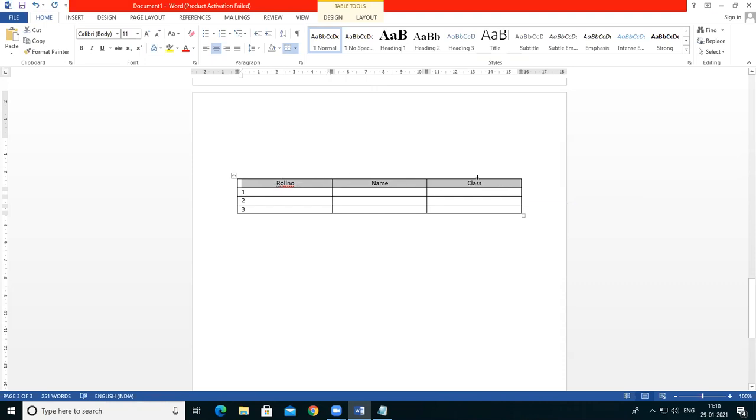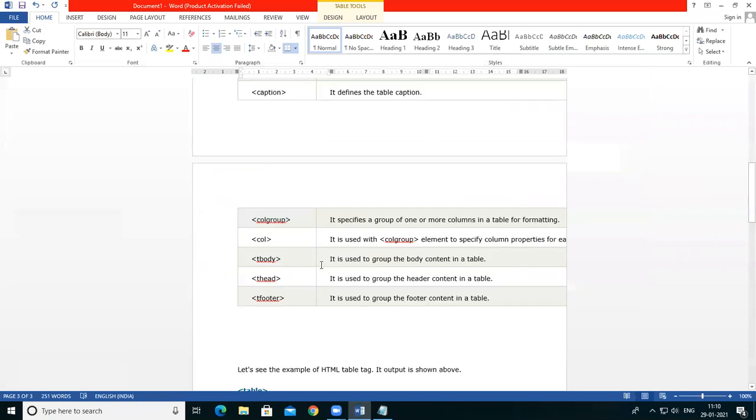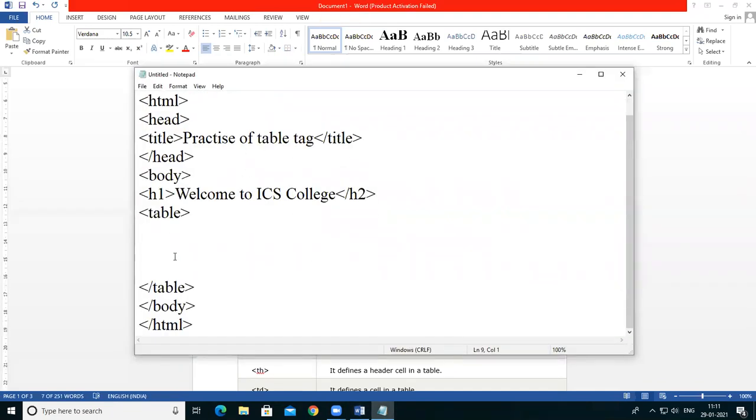So that's why I'm using this first row for the heading of the table or give the header for the particular column. Okay, so which command is used for creating the row? So I'm saying tr tag is used to create a row. Okay, so first of all, see tr, close this tr tag. Okay, so in this first tr I want to give the heading to the columns.